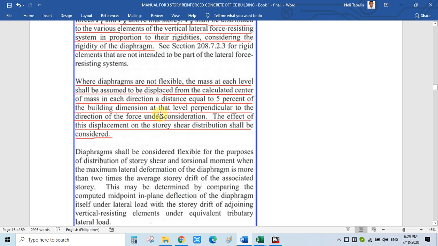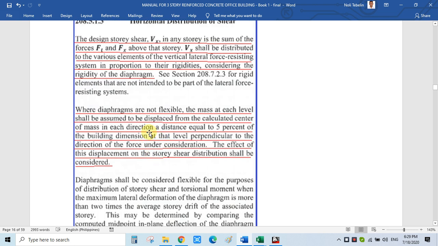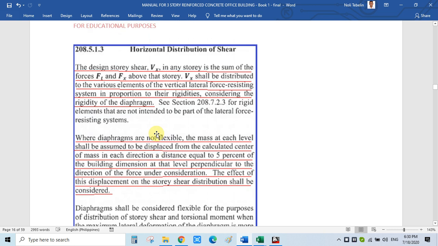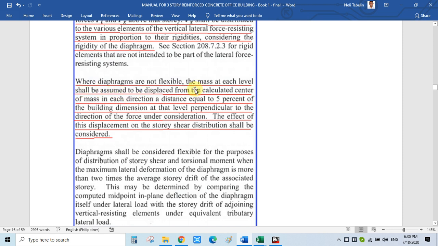So, the design story shear, Vx, in any story is the sum of the forces Ft and Fx above that story. So, Vx shall be distributed to the various elements of the vertical lateral force system in proportion to their rigidities, considering the rigidity of diaphragm. So, where diaphragm are not flexible, the mass, ito, so, reinforced concrete slab tayo, so hindi siya flexible. So, the mass